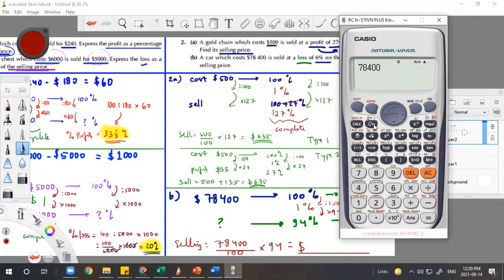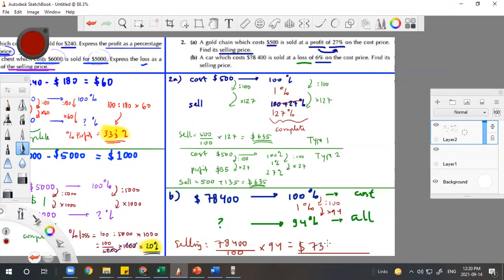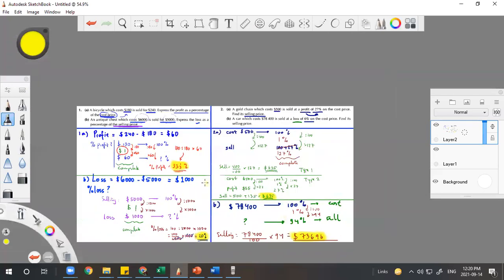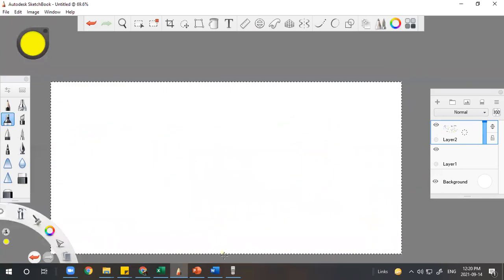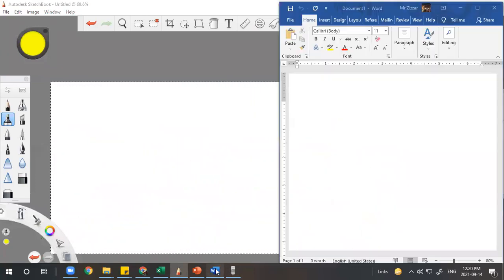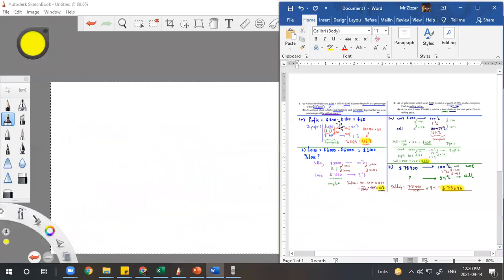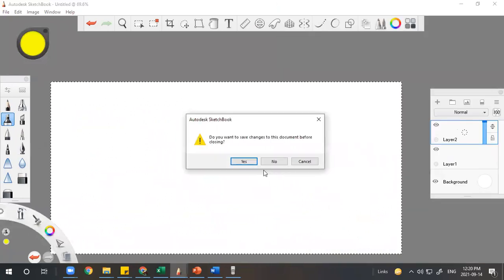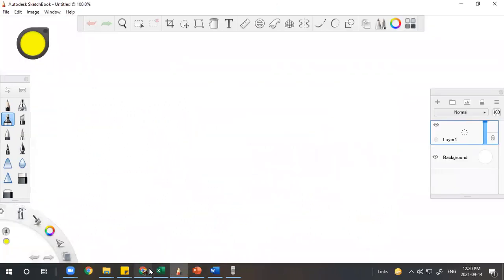78,400. You divide by 100, and the answer will multiply by 94. That's your answer, $73,696 for the selling price. They lost some amount of money. Okay, that's all for number 1 and number 2 for the first slide. I will copy here. Later on, I will explain. I will send everything to you. Now, let's do number